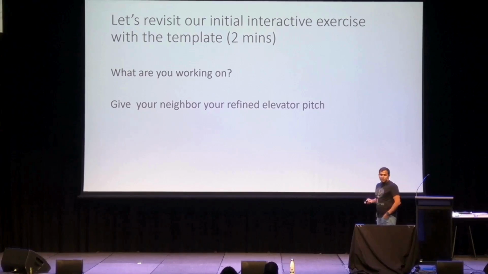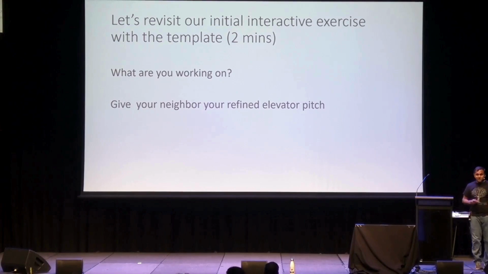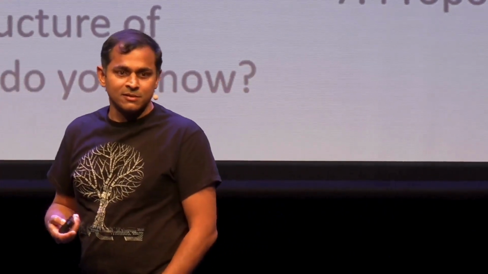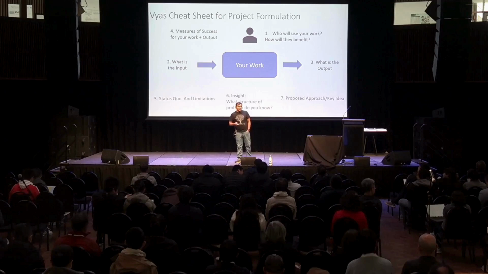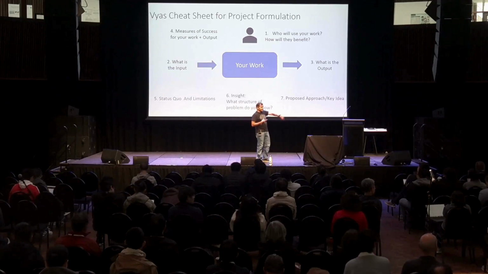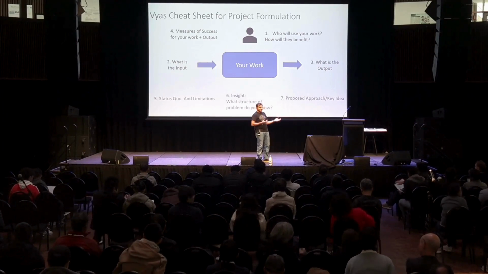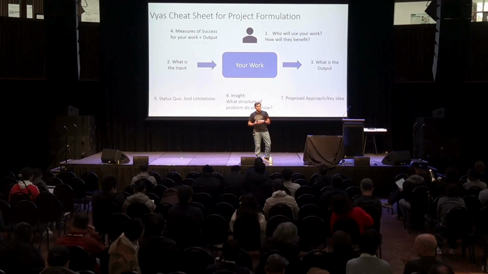Okay. All right, now's the second part of your homework. You did the original homework. You sort of set this stuff in stone. You had an initial checkpoint, right? There's a version 0 of what you're working on. Now, hopefully, try to use this cheat sheet and now try to give your elevator pitch again to your neighbor or to yourself. Okay? So take 2 minutes. It's 10:43. I believe you have 2 minutes left. Try to do the cheat sheet again. Okay? Use the cheat sheet. See whether your story got better. If not, I'll take the blame.